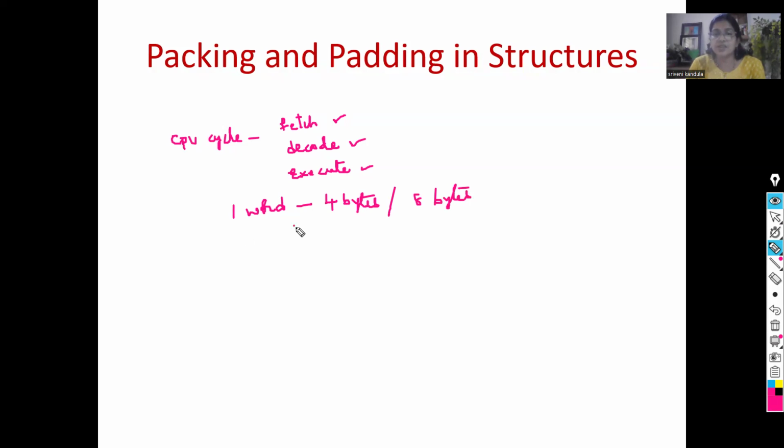If you are using a 32-bit machine, 1 word is 4 bytes. If you are using a 64-bit machine, 1 word is 8 bytes. 32 by 8 is 4, 64 by 8 is 8. So that means in one CPU cycle, it is not reading one single byte, but it will read 4 bytes